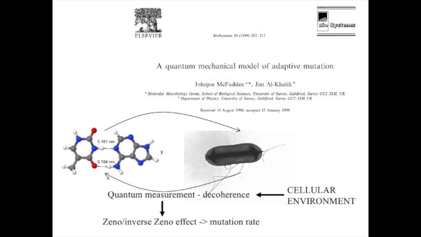Now, I won't go into it. To be honest, we've kind of abandoned it as a model of adaptive mutation, in which this decoherence, the quantum measurement, will actually affect the mutation rate. I then published a book back in 2000 called Quantum Evolution, in which I expanded on this. But adaptive mutations became kind of messy in microbial genetics. So we've left that and just gone to the question of whether quantum tunneling is involved in mutation.